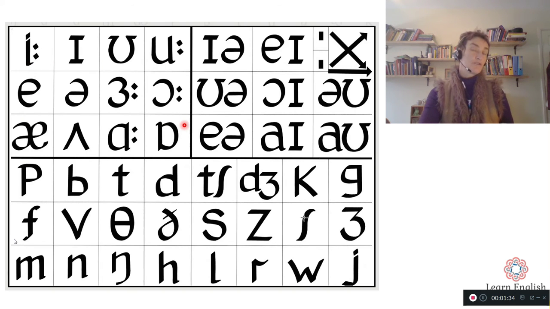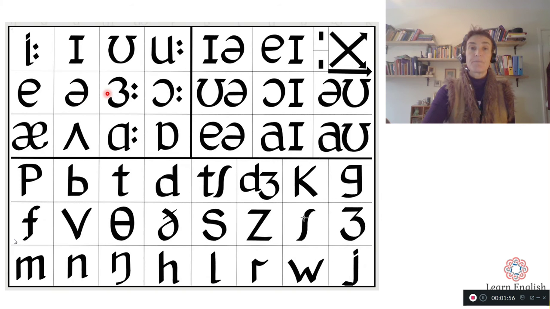Now, you should know that English has 5 written vowels: A, E, I, O, and U. But as you can see, there are actually 12 vowel sounds, and that's why it's so useful to understand some